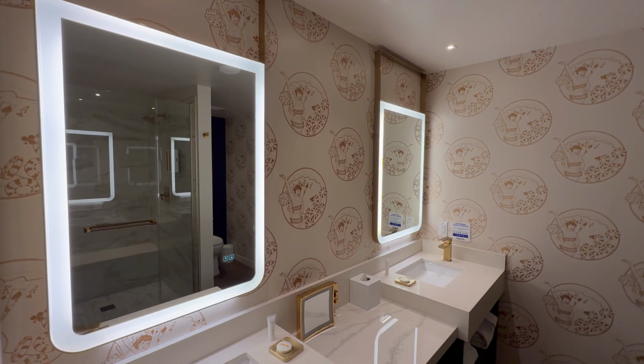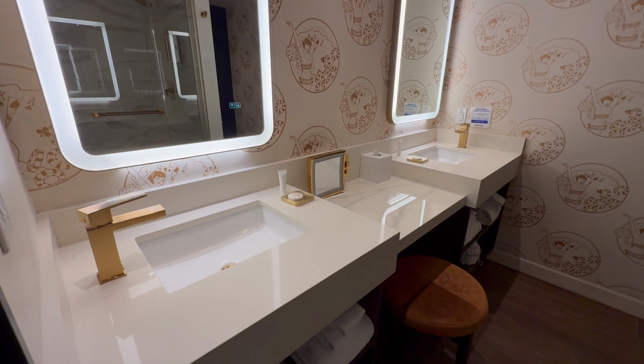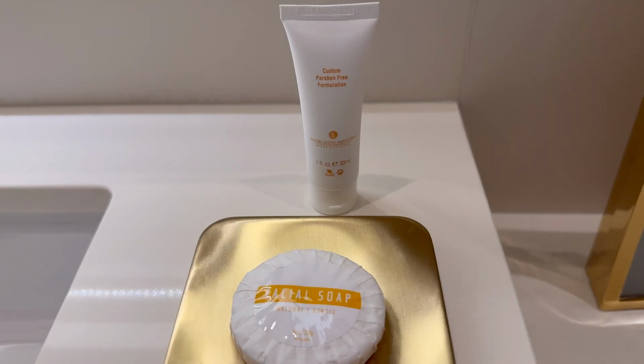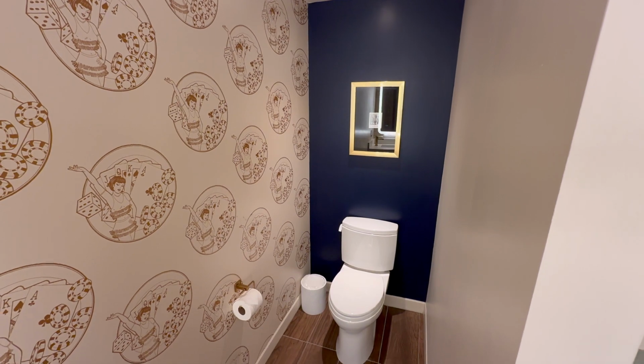The bathroom. The bathroom had dual sinks and vanity space, 2 large mirrors with good lighting. There were plenty of towels provided, and ample space for your own toiletries. The toilet was tucked in the back corner,